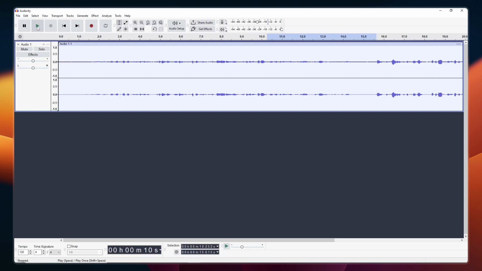effects. And there you have it. You've successfully added fade in and fade out effects to your audio in Audacity, giving your project that polished, professional